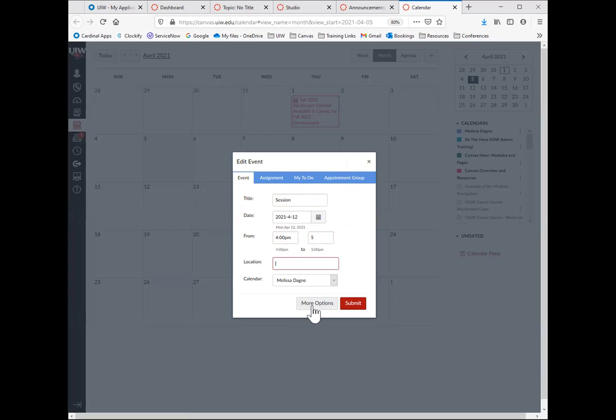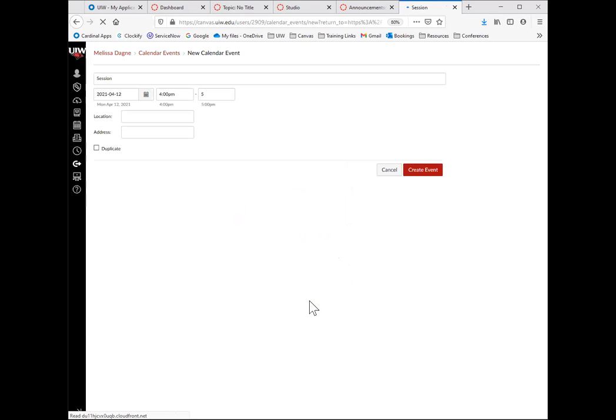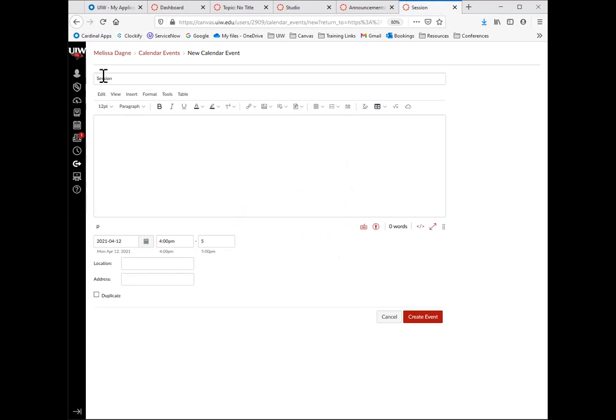Let's say I don't want to put a location, but I want more options. It will open up and you will have the same idea of what you just did in the announcement all over again: title, space to put all of that content and format it however you want. Then you can add the details here if you so choose. Then when you create this event,